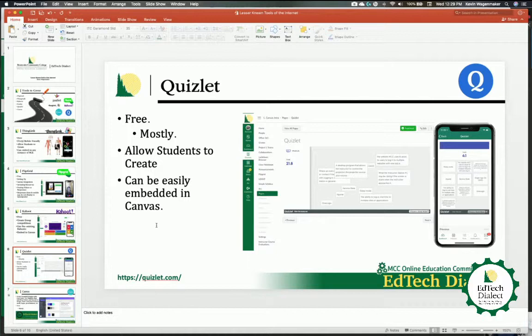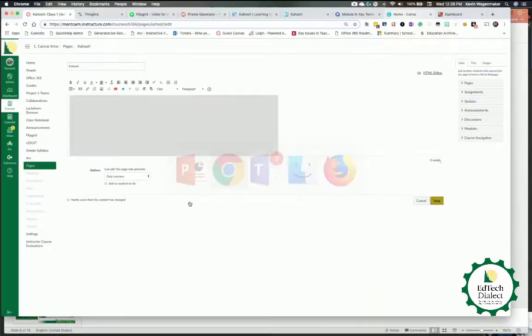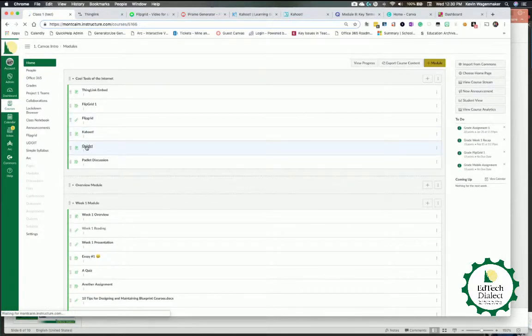If you've taken the Canvas core training, you have seen and used Quizlet, hopefully. Quizlet is kind of a cool tool in that it's free. It allows you to add these items directly into Canvas. So if you wanted to give your students a quick review quiz after they learned a subject, you can do that. So if I go back here to my Canvas module and go to the Quizlet tab,